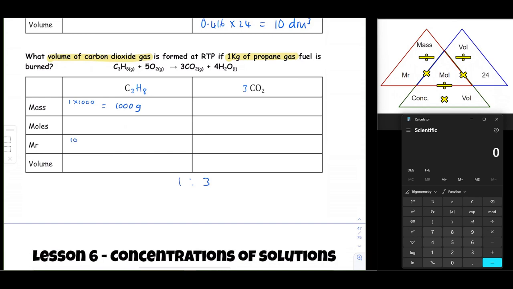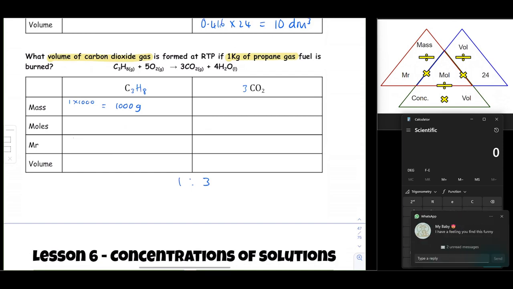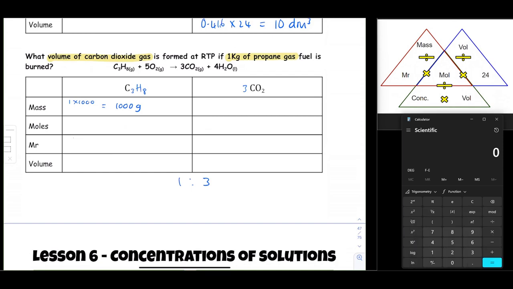I can do 1,000. My relative molecular mass is 12 times 3 plus 8, which equals 44. So I just do 1,000